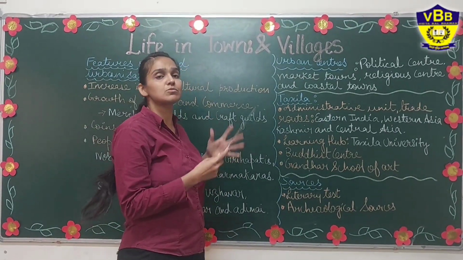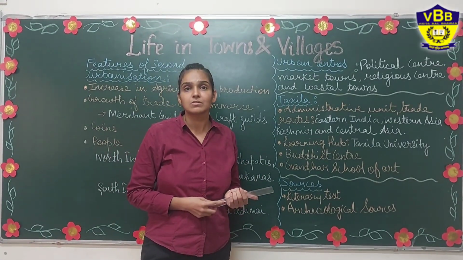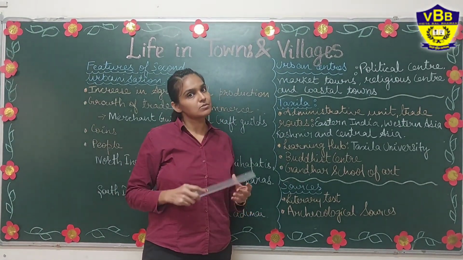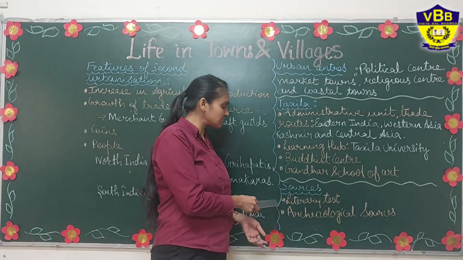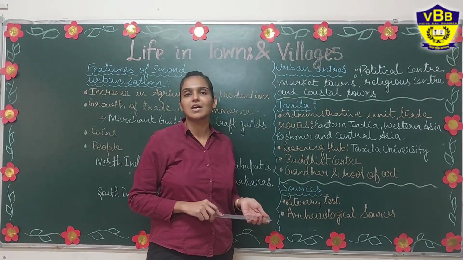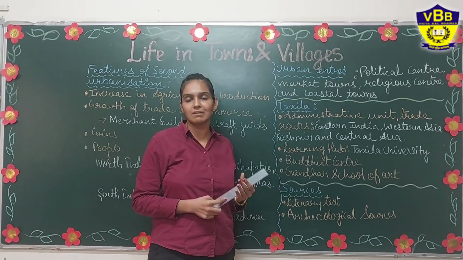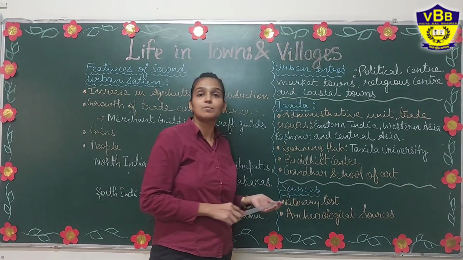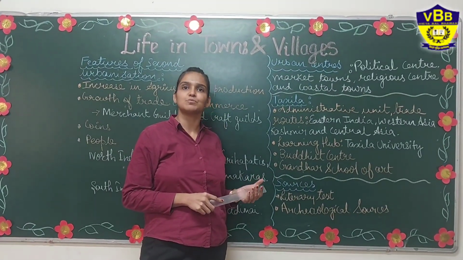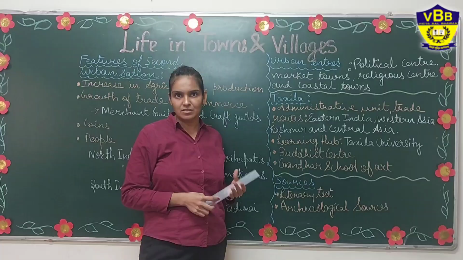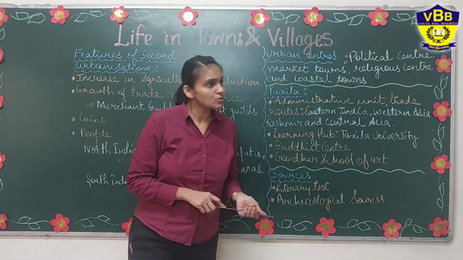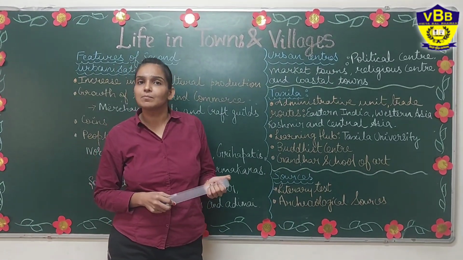So we have talked so much about the 6th century. So from where do we come to know about these things? Basically, there are two types of sources through which we can come to know about history, that is literary sources and archaeological sources. The literary sources, as some have already been mentioned by me earlier, included Buddhist literature, that is Jatakas, the Tripitakas and Ashtadhyayi of Panini, which mention various urban centers and various stories related to these places. We also find mention of urban centers in Sangam literature.